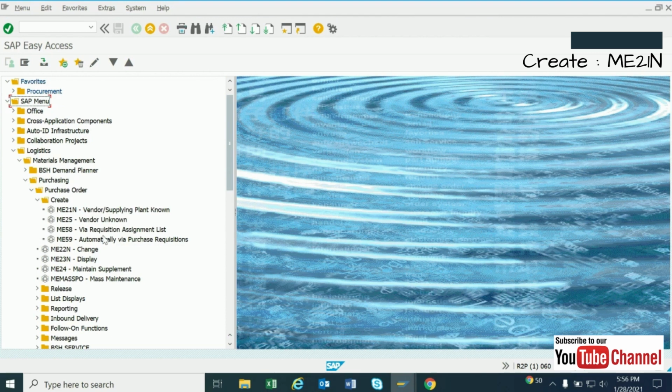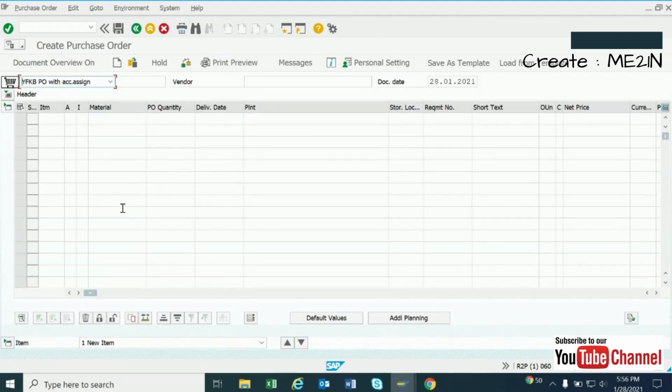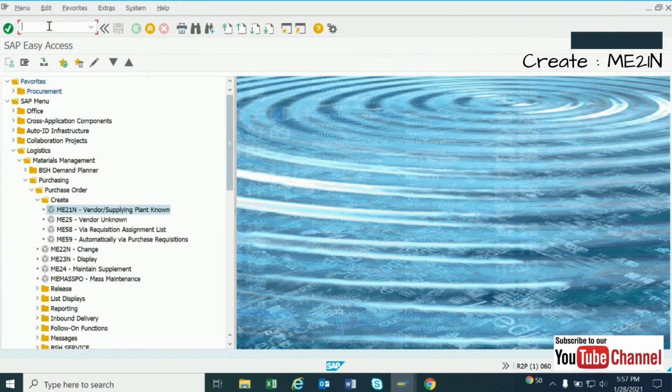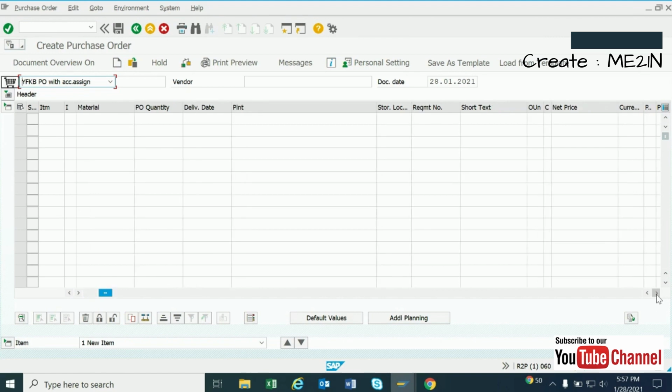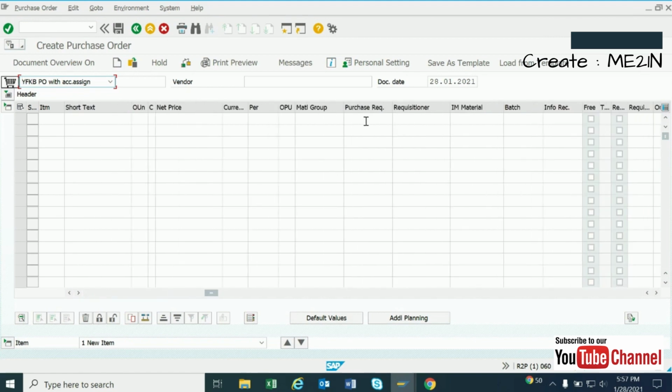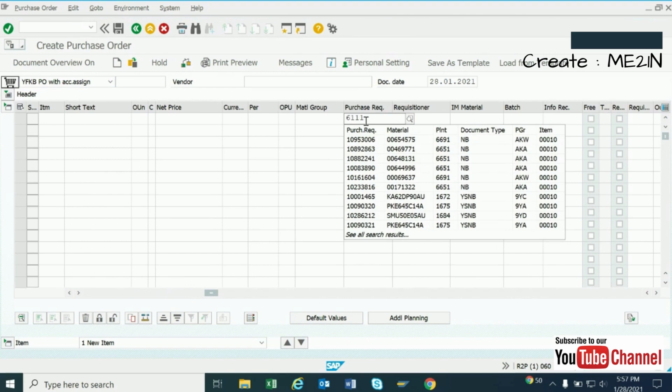We will use the T code ME21N. I will double click on it, and I will be redirected to the creation of purchase order window. Through the T code ME21N we can go to the same window. There are many ways. If you know the purchase requisition number, you can directly type it over here, that is 611, which I created in my last video,